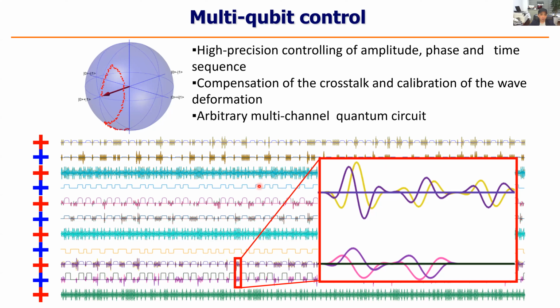And the worst thing in the system is that if you really want to control each qubit with such high precision, you need to compensate for a lot of things, like the crosstalk. For example, if you control qubit 1, inevitably there is some small leakage. Although it's very small, like less than 1%, in this kind of system it's a disaster. We have to make it less than 0.1%, then the qubit can really work well.